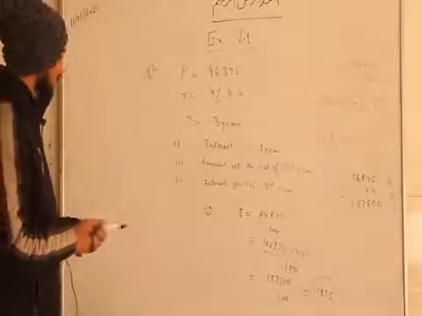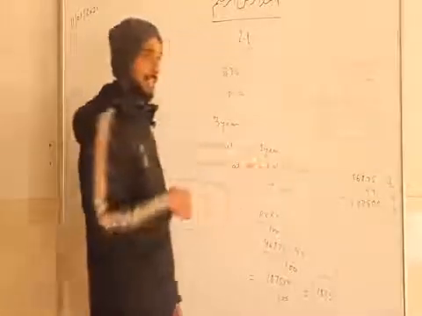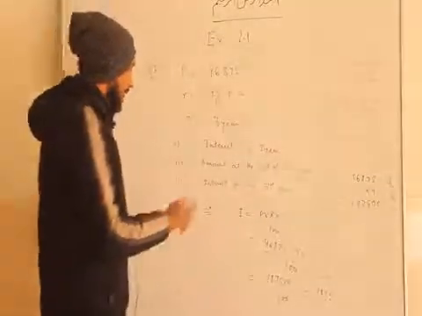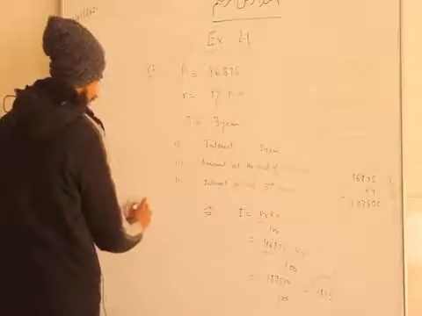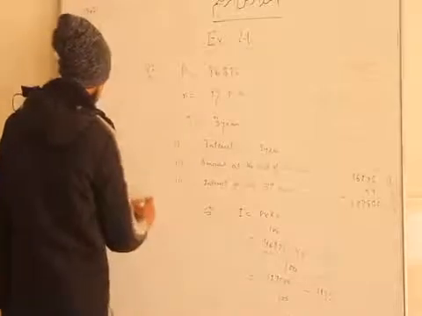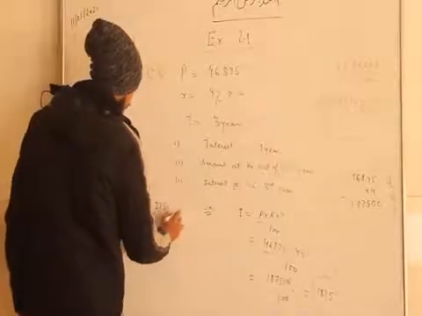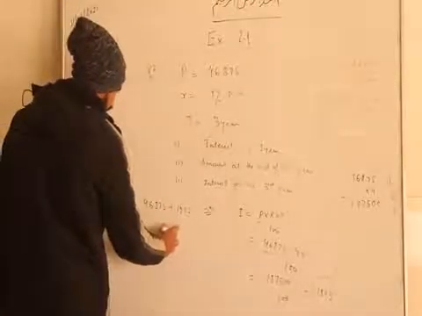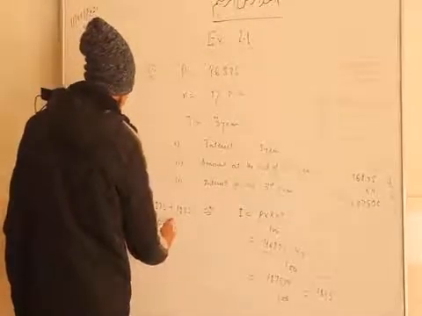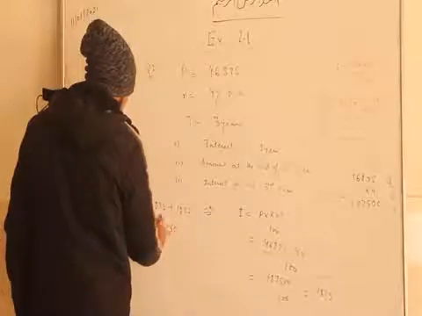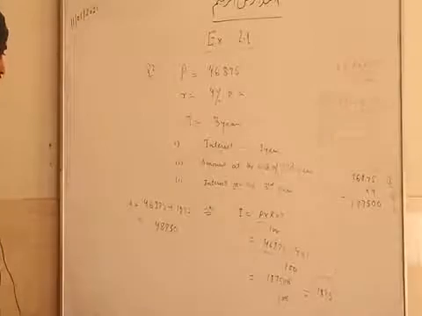Now see the second part. In the second part, it is asked the amount at the end of the second year. So what will be the amount after the first year? We will calculate it. We will add 46,875 plus 1875. So we will solve this. 5 plus 5 is 10, 1 carry, 7 and 7 is 14, 1 more makes 15, 5 carry 1, then 7, then 8, then 4. So 48,750. This is the amount after 1 year.